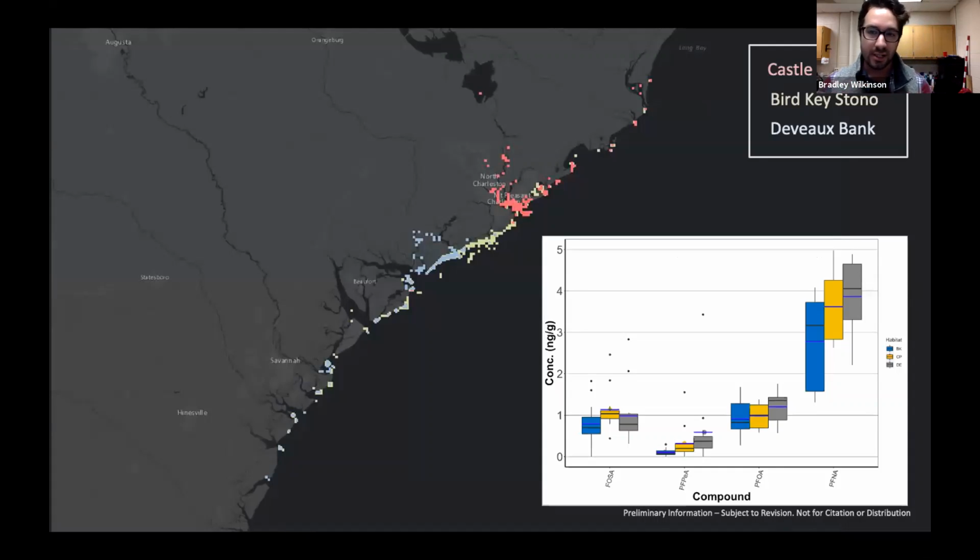So in the background here is a map of our breeding season movements. The red grid cells represent high use areas for Castle Pinckney. The blue represent DeVoe Bank, and then that kind of greenish tan color represents Bird Key Stono. What I want you to see here is that Castle Pinckney and DeVoe Bank are very well spatially segregated during